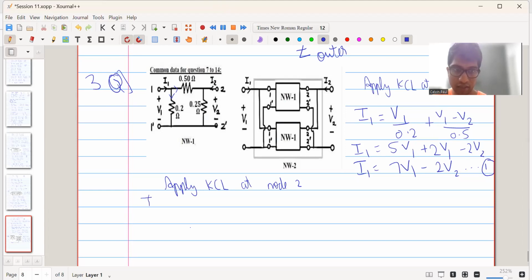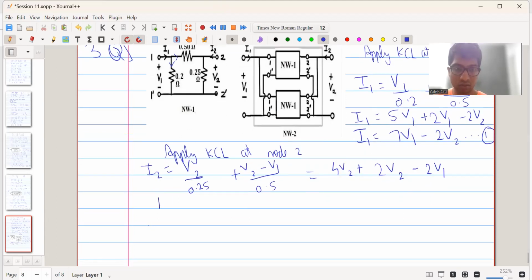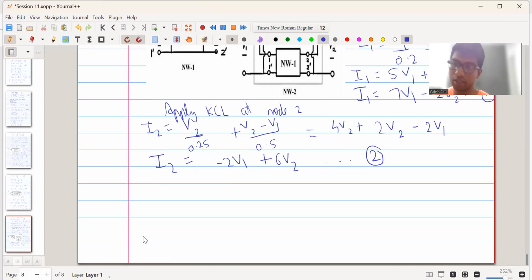So we get I2 is equal to V2 upon 0.25 plus V2 minus V1 upon 0.5. This is equal to 4 into V2 plus 2 into V2 minus 2 into V1. So we get I2 to be equal to minus 2 V1 plus 6 V2. This is equation 2. So we write it in terms of matrices. We write equation 1 and 2 in terms of matrices, and we get